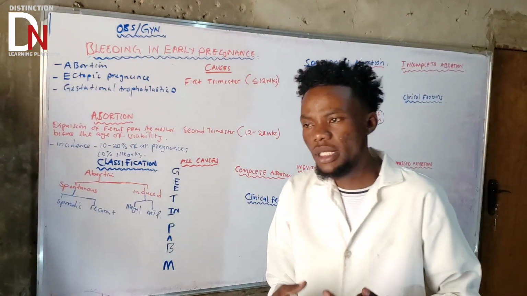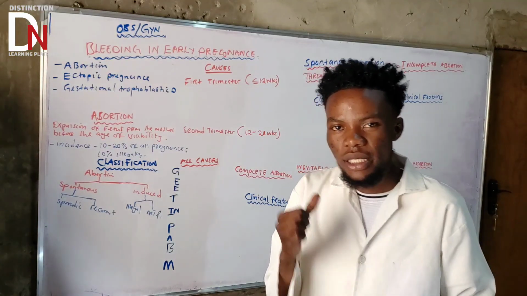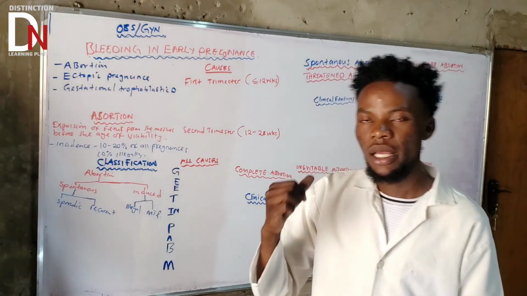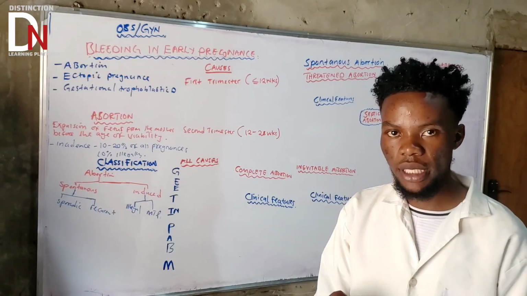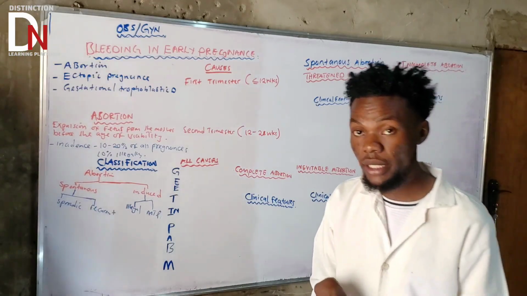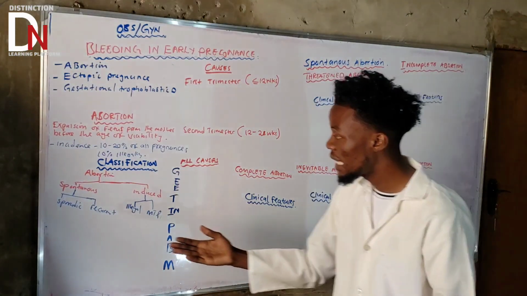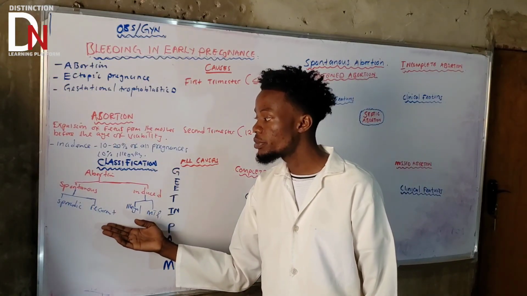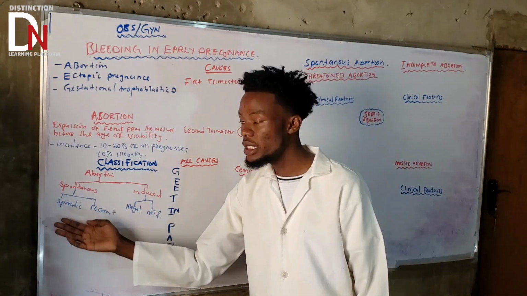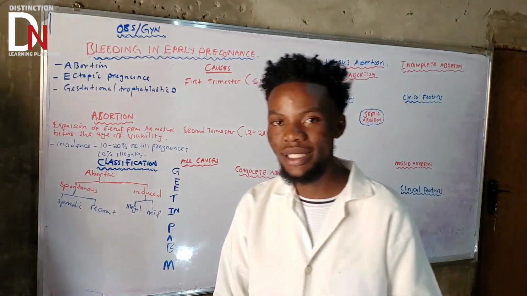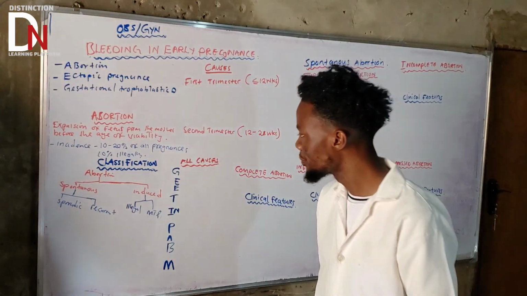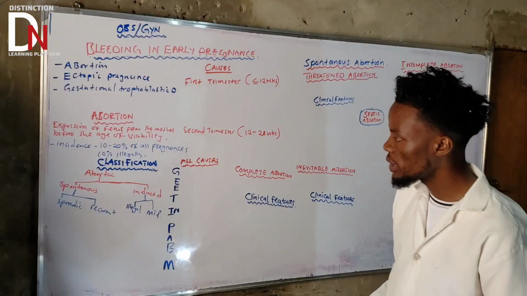So this spontaneous abortion that is happening, did it happen previously, maybe in the previous pregnancy? If it happened and again it happens again, like this current pregnancy, basically they're talking about the recurrent type of spontaneous abortion. Sporadic, basically it's just happening for the first time, okay? It's happening for the first time due to acquired causes, okay? Or due to other causes that we talk about as well.